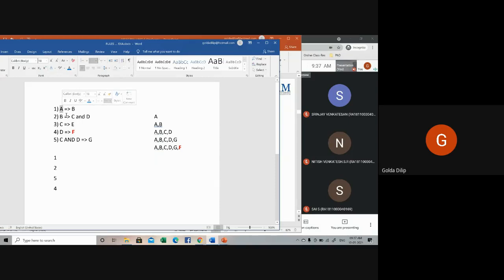So after this particular rule is fired, I will have both A and B in my working memory. Then I need to do a pattern matching. So what is this pattern match, or what is it that I need to do? I have A implies B. The right hand side variable is B, so this variable has to be pattern matched with the left hand side of the rule.